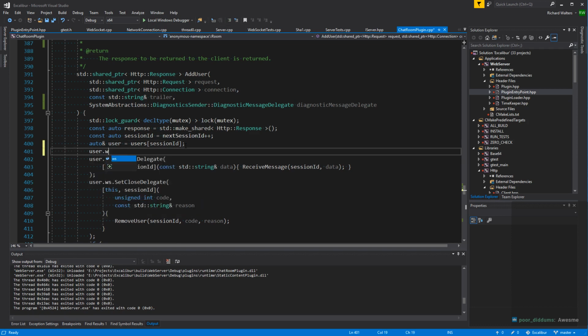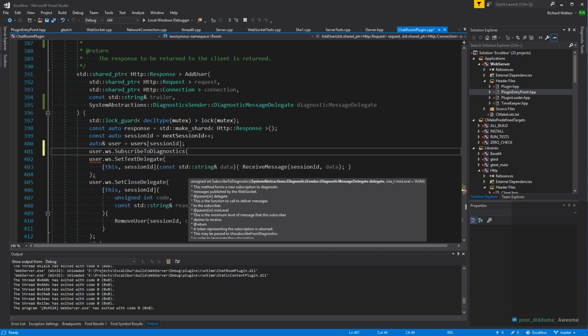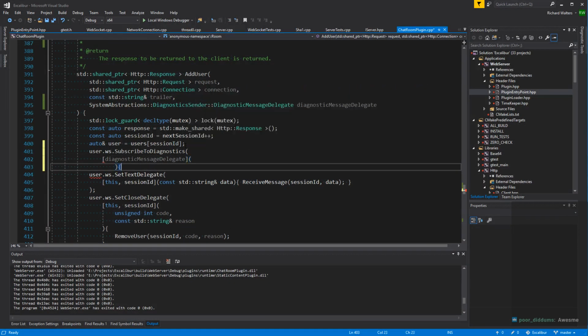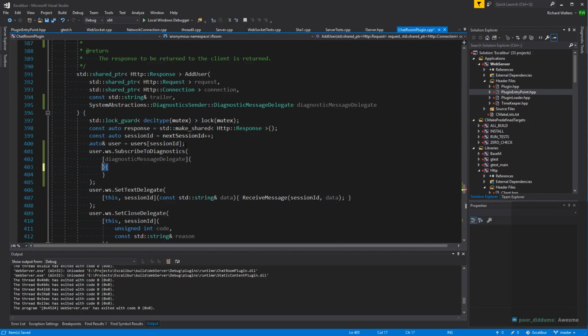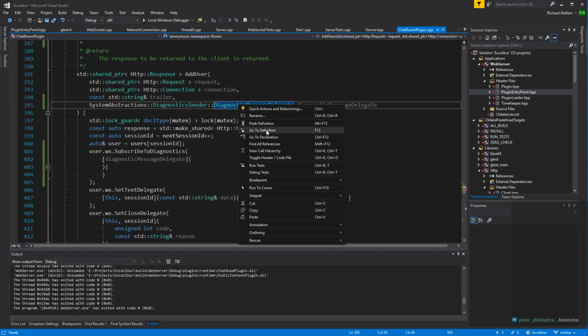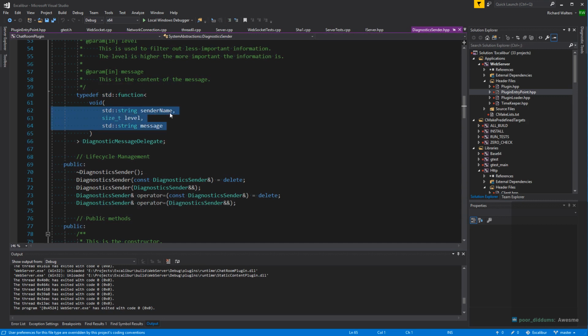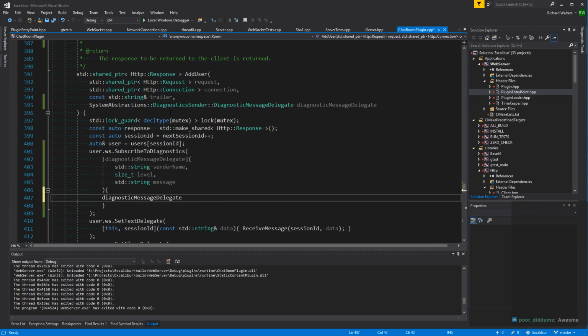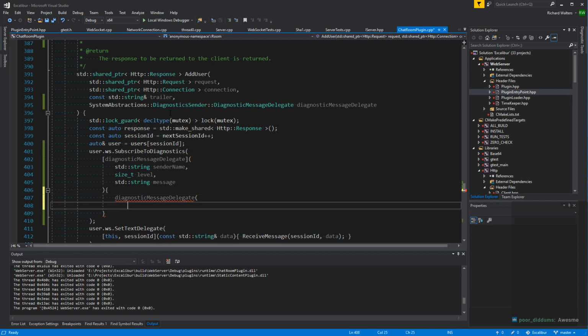to subscribe to diagnostics here. The delegate will capture this other delegate and forward it on, but with some annotation. So what does that delegate take? Okay, sender, level, message. So we have sender, level, message, and we will just forward it on. Although here we can kind of choose what we send. So we'll rewrite the sender name, and we'll say it's coming from